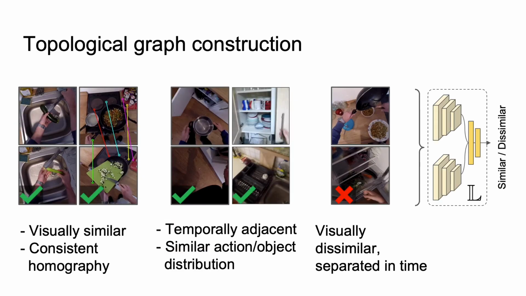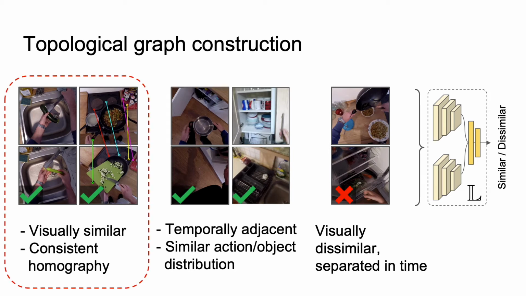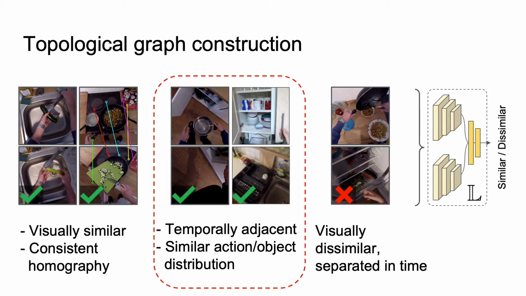To construct this graph, we first train a localization network to classify if two frames belong to the same zone or not. Apart from visual and geometric cues, we leverage cues from human behavior. Contiguous frames during the course of an interaction, temporally adjacent frames, and frames of functionally similar locations are matched, despite visual differences, to train a robust similarity network.